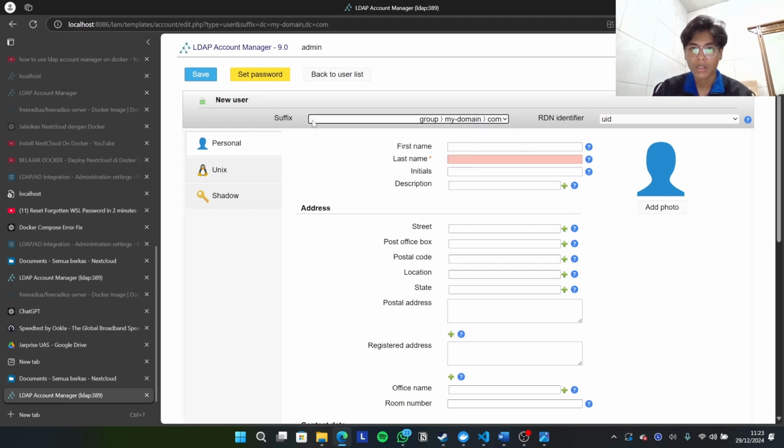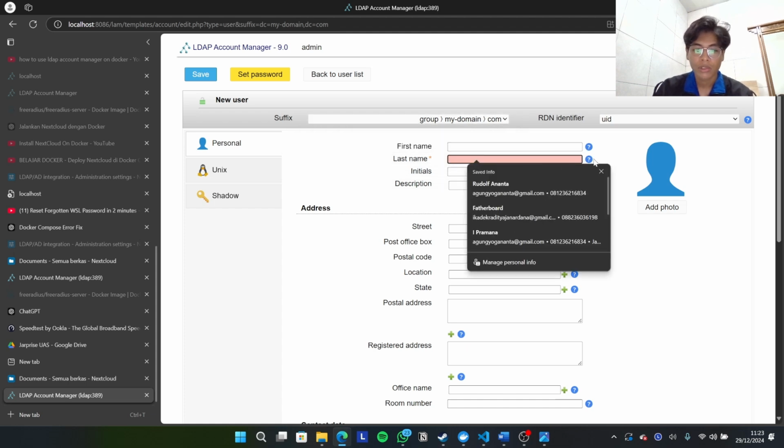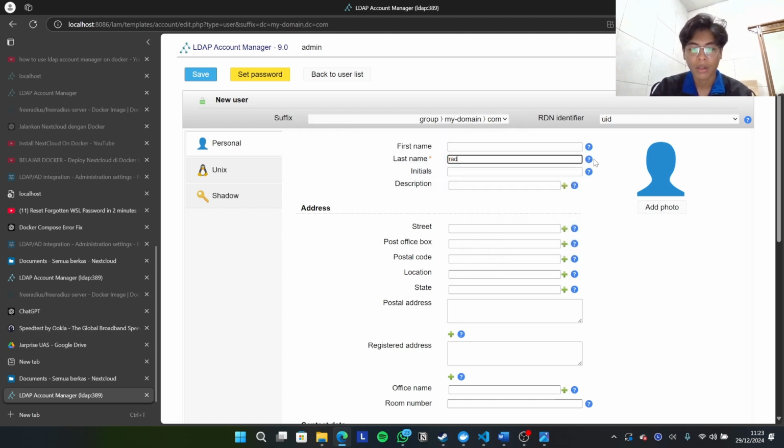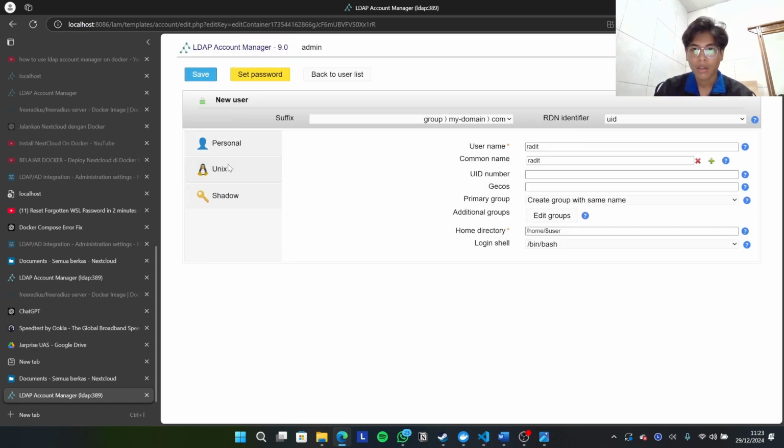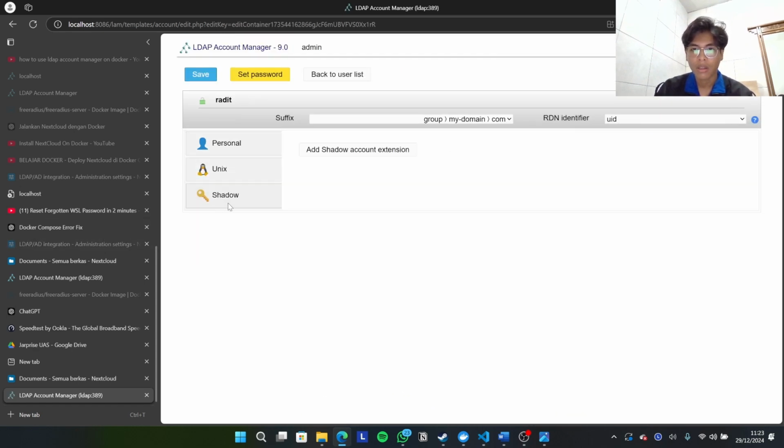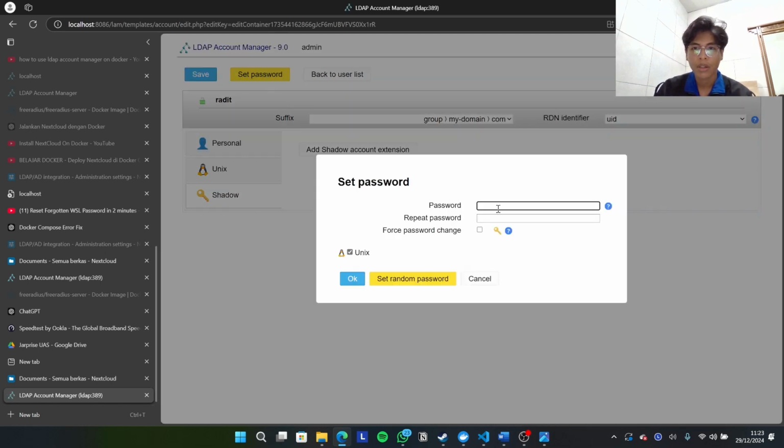Okay, make sure the suffix is already like this. Just type the last name, for example, Radit. Okay, remove. Then set password.